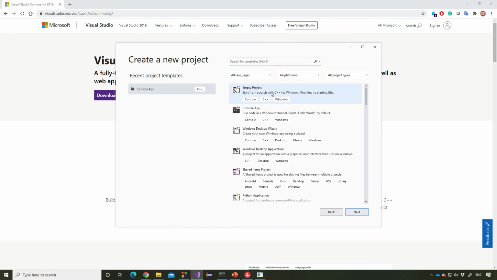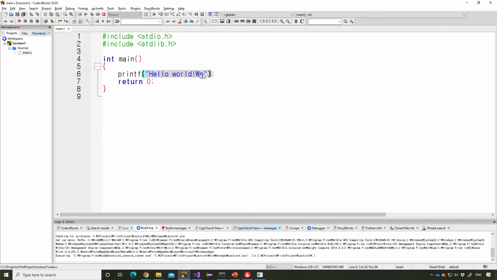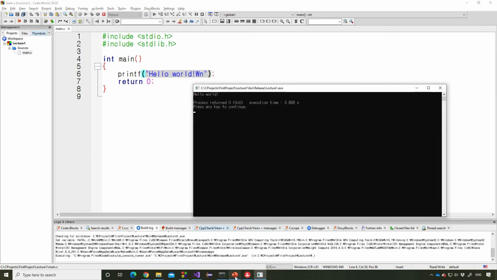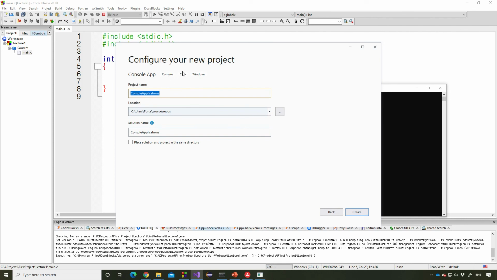Okay, and you will create the C file. If you want something the same as Code::Blocks, where you see here in Code::Blocks we have main.c and it has hello world, if you want something similar in Visual Studio, you will choose this one. So I will choose this one and say next, and then I will name it. This is where it will be saved. You can change this if you want another location for your project, and then for example, I will call this one lecture 1, and then I will say